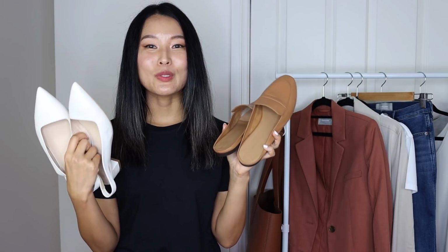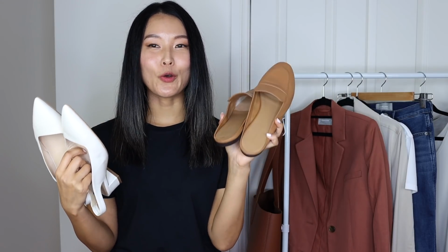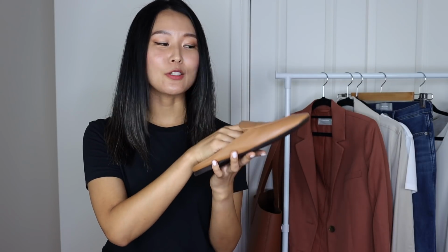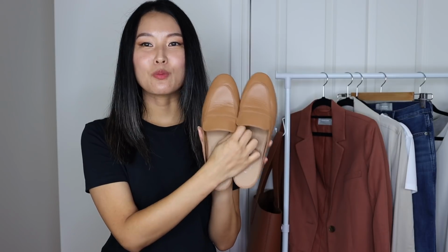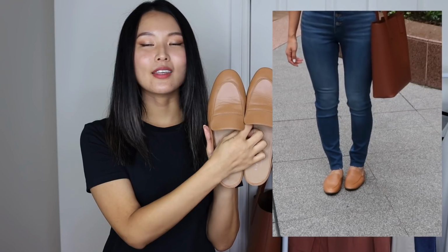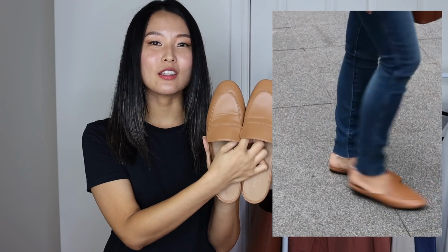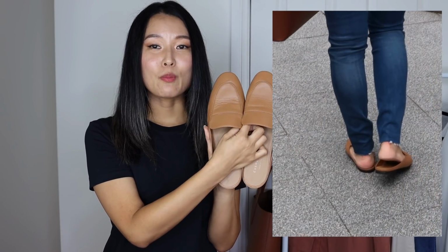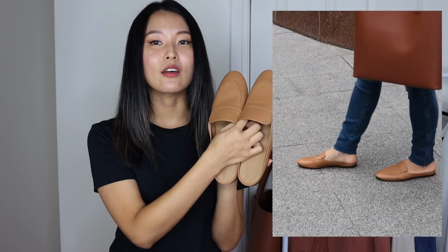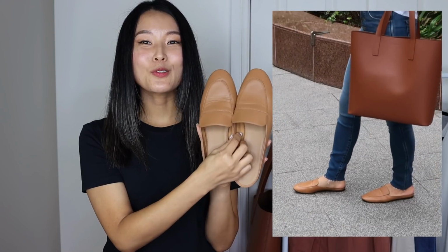So I've got 2 examples here to show you. I'm going to show you the open back mules first. So a pair of flat open back mules are so perfect in my opinion for the spring and autumn time, especially in this sort of a camel color. I think camel color can work so well in the transitional times because it is the perfect neutral really. It's not too dark, it's not too light, it goes with a lot of outfits